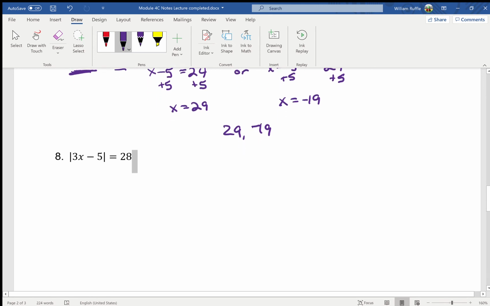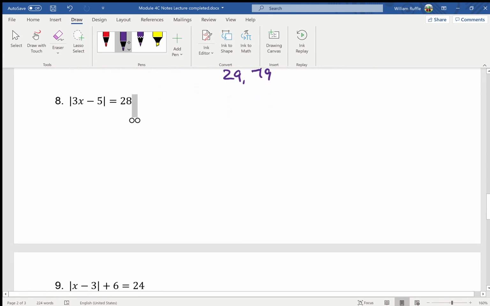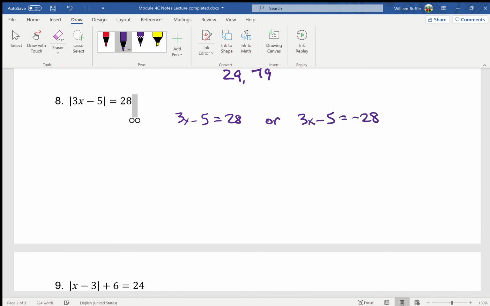This next one is very similar. The absolute value is right here all by itself. So I'm going to let 3x minus 5 equal 28, or 3x minus 5 equals negative 28. And then I just solve both equations here. I add 5 to each side, I get 3